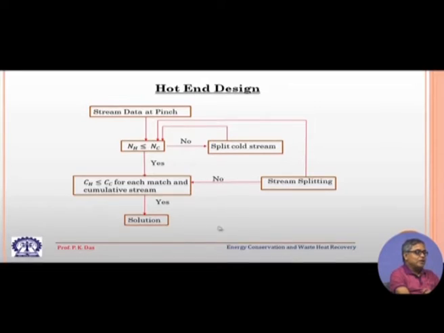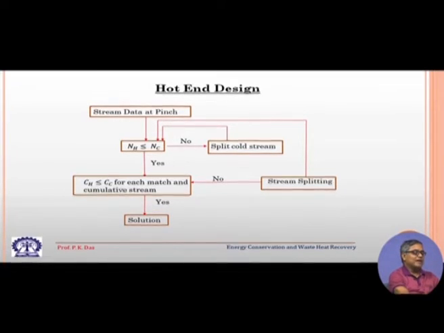So, this is kind of a logic diagram for hot end design. I do not think much explanation is needed. Whatever explanation is needed, I have put it in some sort of a flow chart, that this has to be satisfied. This is almost self explanatory, and this has to be satisfied. First, we have to check the number of streams, hot stream and cold stream. So, number of hot streams should be less than the number of cold streams, and if we satisfy them, then